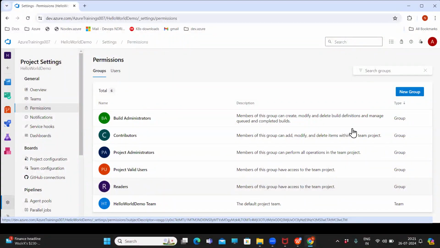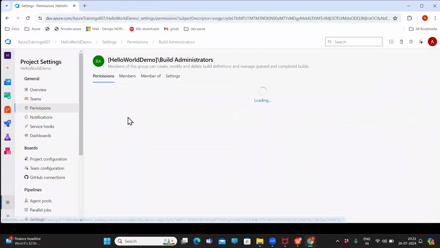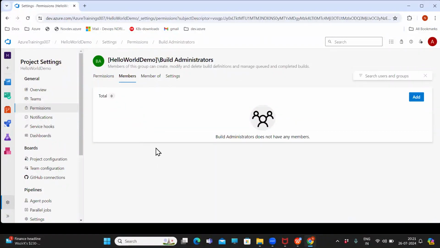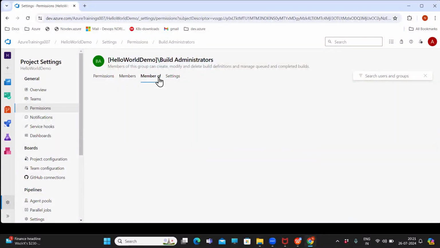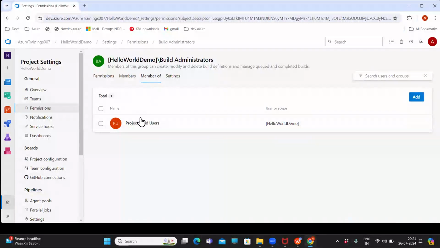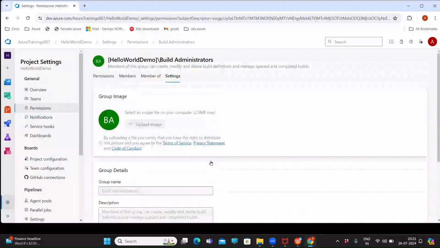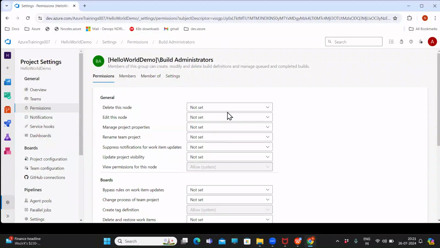Okay. Here basically you can add groups, right? You can select any group, readers or build administrators here, and see who the members are. You can add someone in case you want to. Member of this particular group is member of project valid users and settings. In case you want to do something, you can do it. If you see here, whether you can set or do it. Okay. But similarly, if you go to